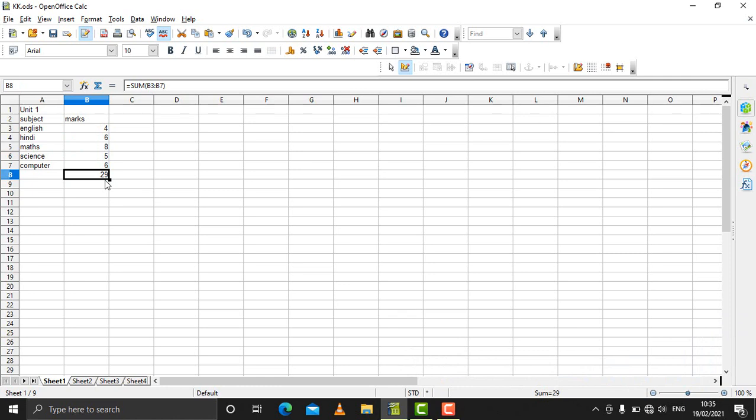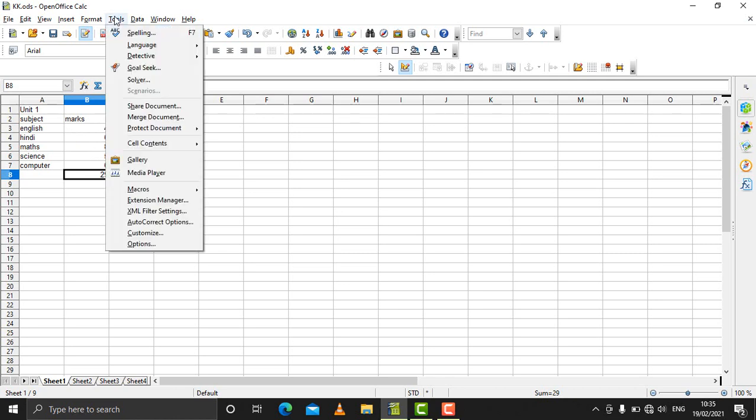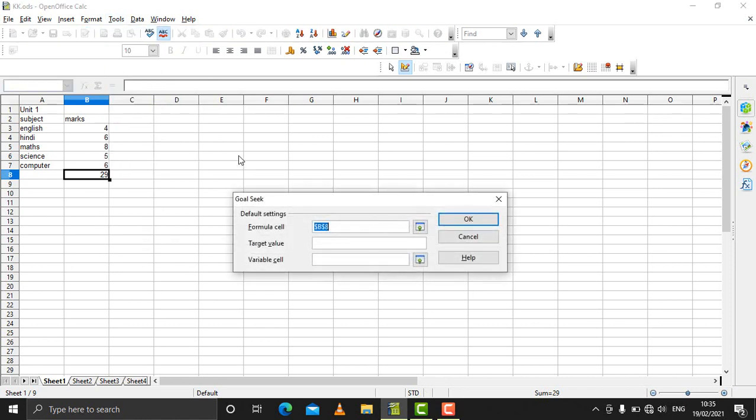So what we can do is, in order to perform this calculation automatically, the person wants here 35 in place of 29, so the exceeding number certainly will be adjusted in some subject. So say for example I need to perform this task, so I'll be clicking on tools and I'll be clicking on goal seek. This dialog box comes up.